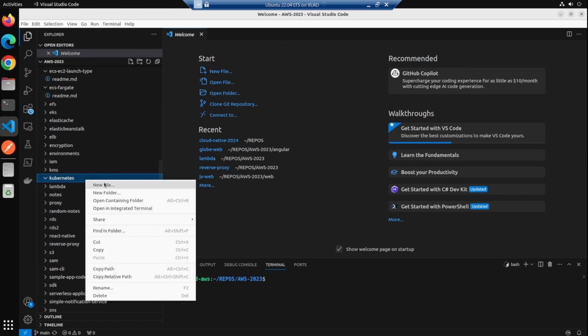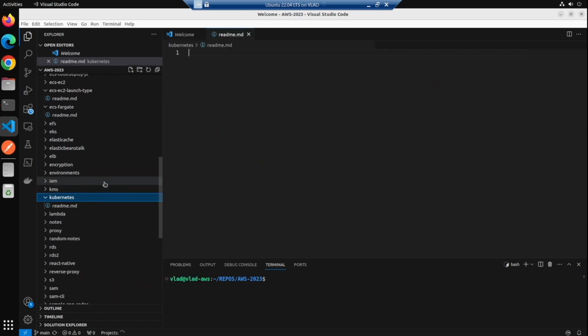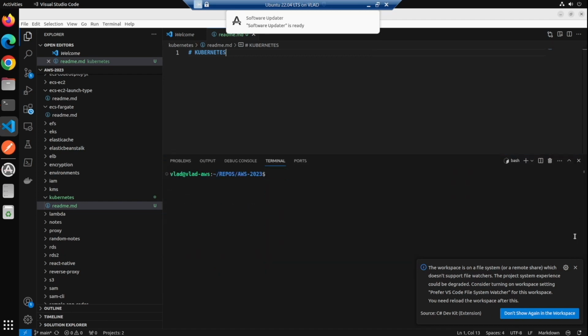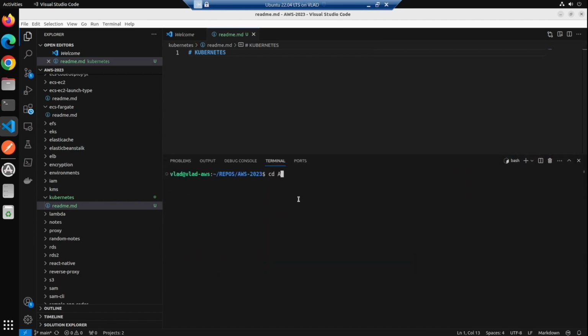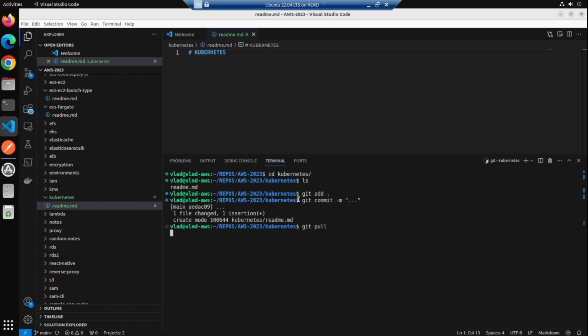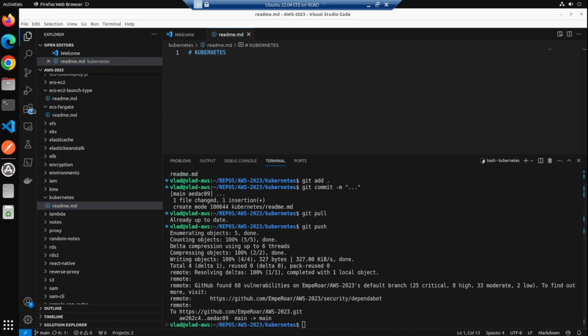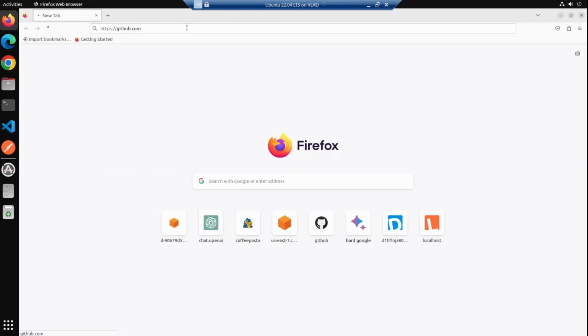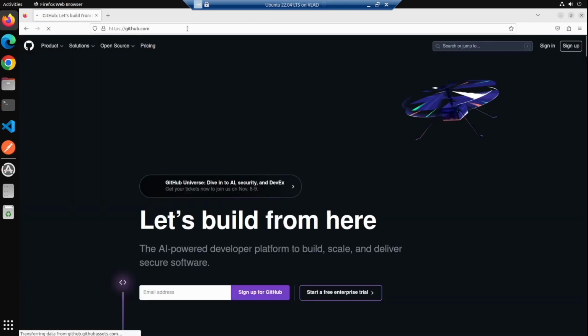Kubernetes. All right, Kubernetes README. So we want to review Kubernetes because we are not AI, our brain is not AI, and we will forget all the time. We'll forget the things that we did some time ago, and that's why we need to review our Kubernetes thing. So let's open up GitHub and let's get our